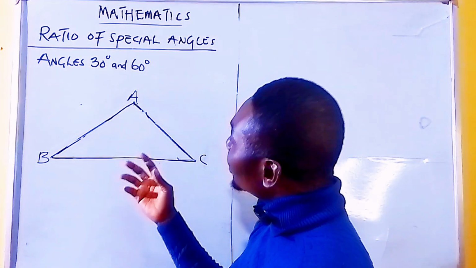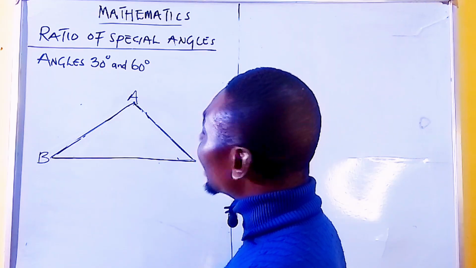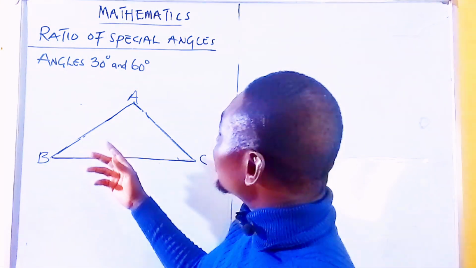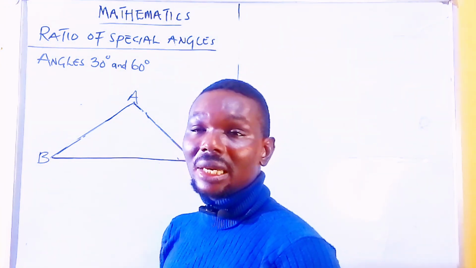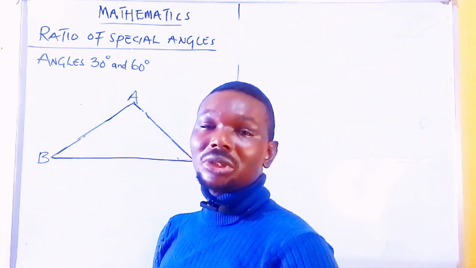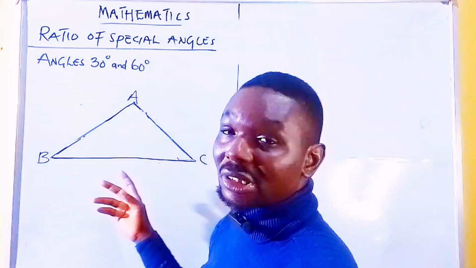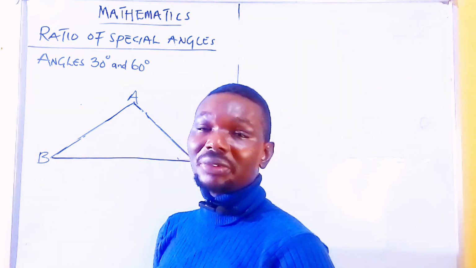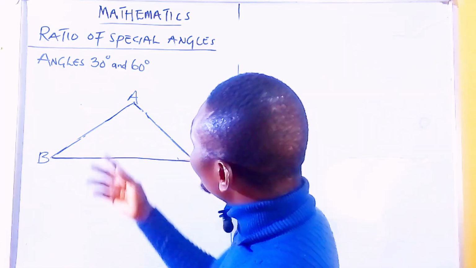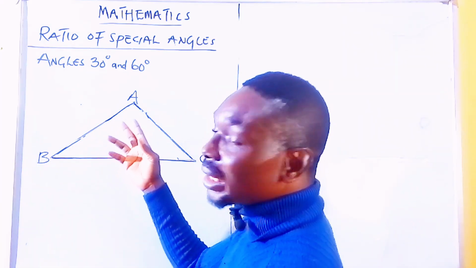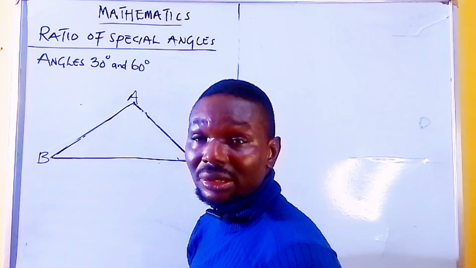Today I'm going to be showing you how to derive the ratios of special angles, that is angle 30° and 60°. Please do well to watch my previous video on how to derive the ratios of special angles of 45° for more understanding. Now, looking at angle 30° and 60°, let's consider an equilateral triangle